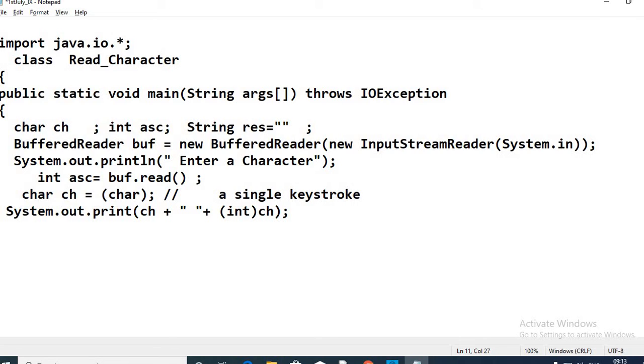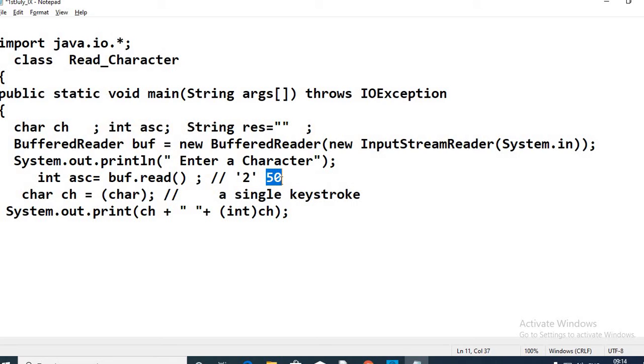It reads the single keystroke in the form of its ASCII equivalent, which means that if I press 2, this is the character representation, but the system is going to read it as 50. 50 is the integral code associated with the character constant 2 that we have entered during runtime.